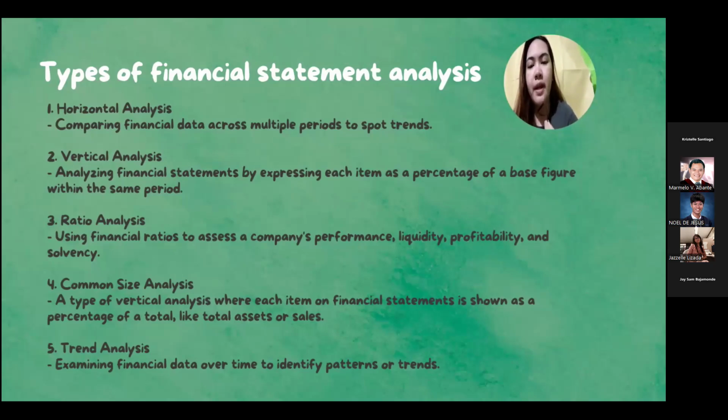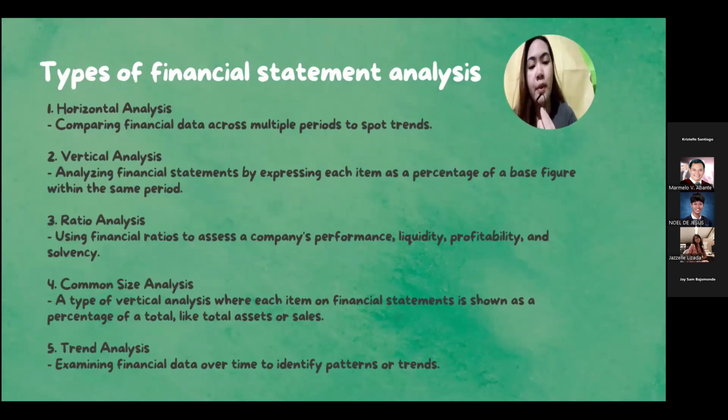With ratio analysis, you compare different figures through ratios. Like, you divide total debt by equity to see if they have enough money if they need to liquidate. Do they have enough assets that can be sold to pay their existing debts in the future? So, okay, the next one is common size analysis, a type of vertical analysis where each item